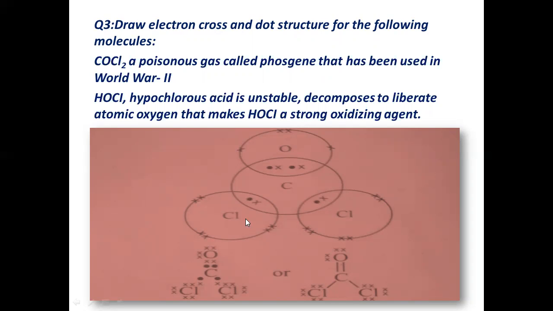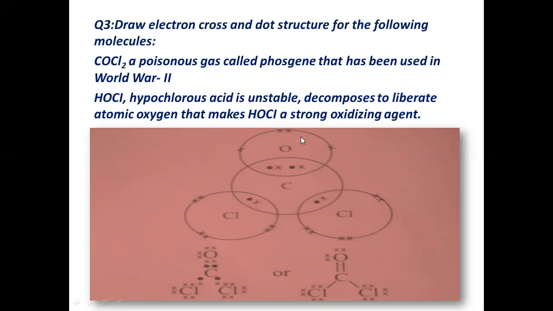So you can see for the first case, carbonyl chloride, carbon is in the middle and oxygen at one side and 2 chlorine atoms at the other side. Carbon has 4 electrons in the outermost shell. So you can see that these 4 dots are for the electrons of carbon because it is present in group 4 of the periodic table. So it has 4 electrons in the outermost shell, and you can see carbon will share 2 electrons with oxygen